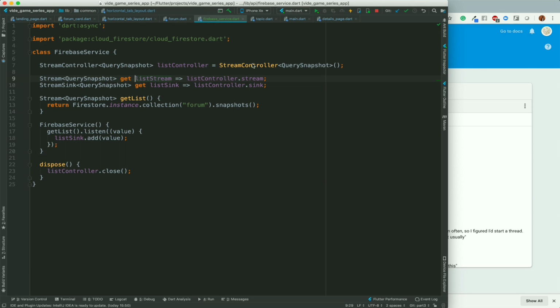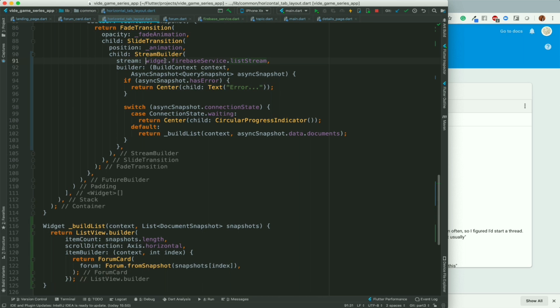One thing while doing this, I thought it can be optimized: we don't need a Firebase service constructor here, we don't need a dispose method here, and we also don't need the stream controller, stream and sync here, because Firestore instance.collection.snapshots only returns a stream of query snapshot. So this method can directly be referred inside this stream builder, using our widget.firebaseService.getList,